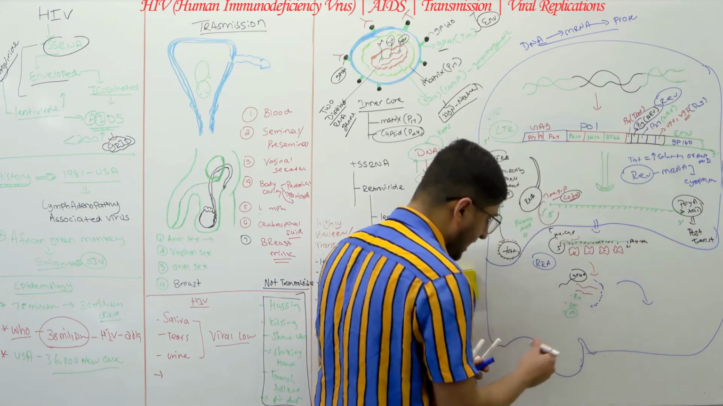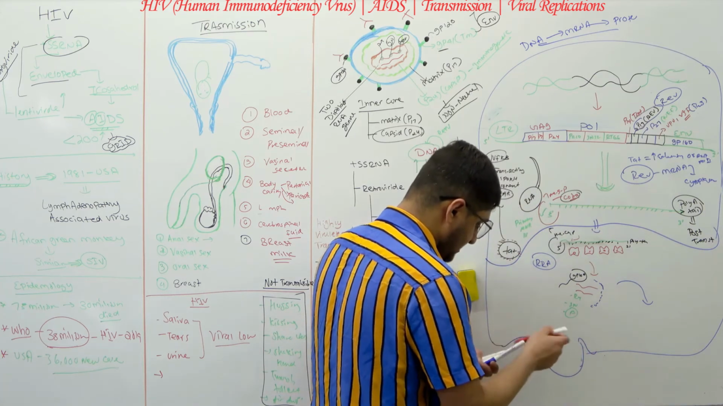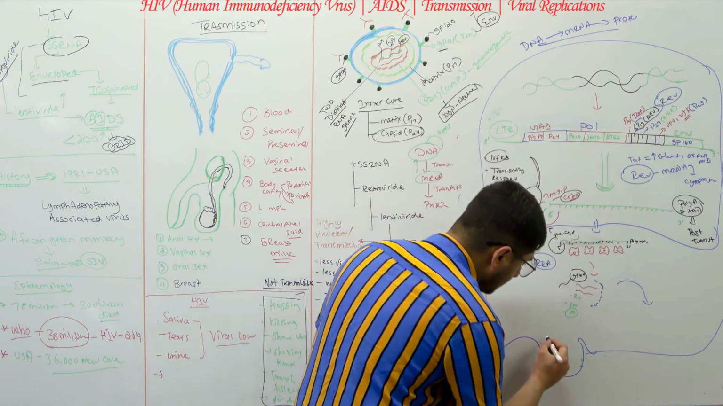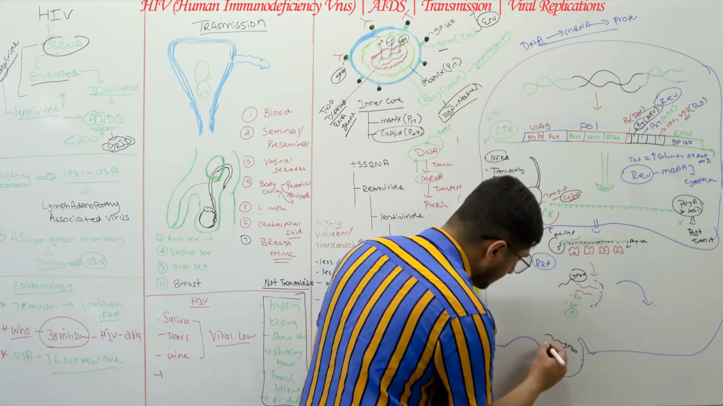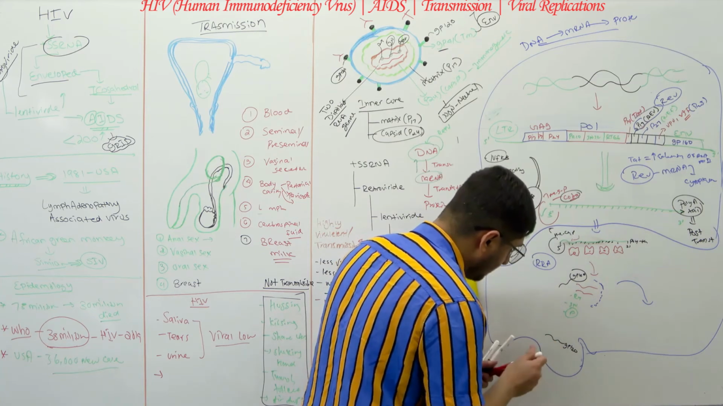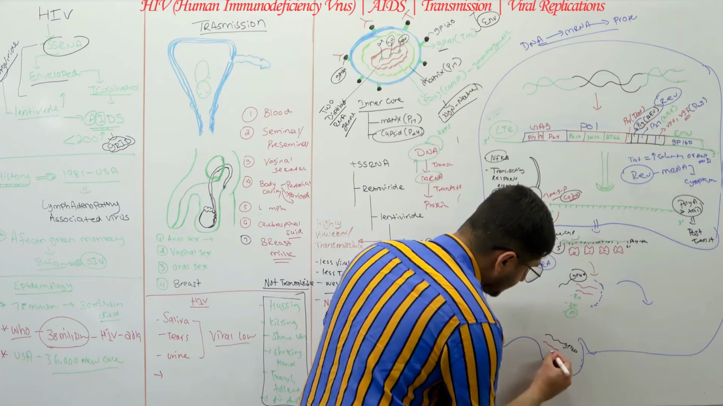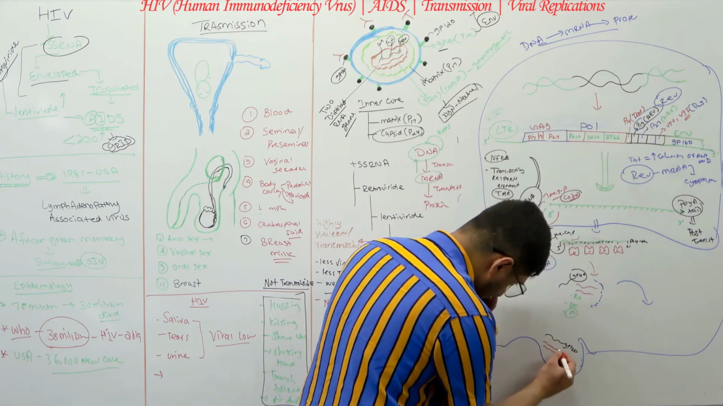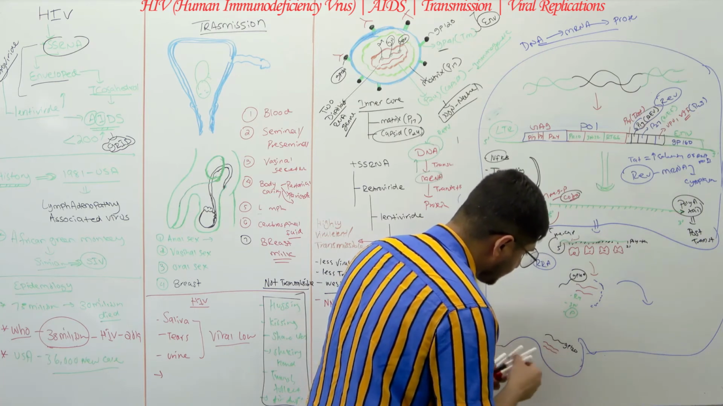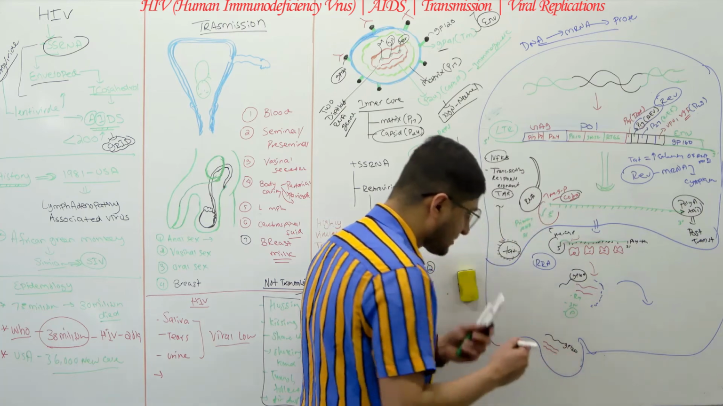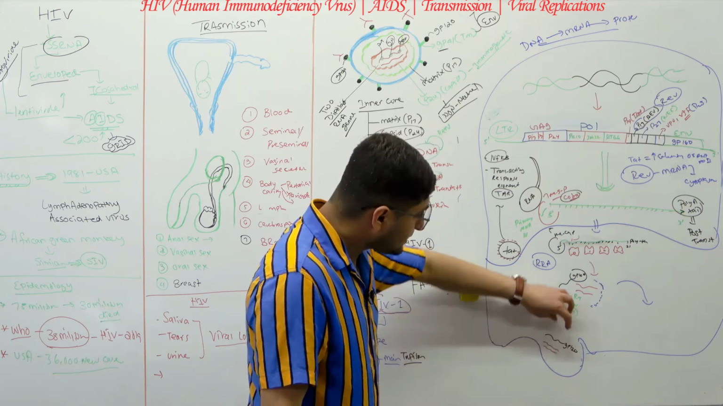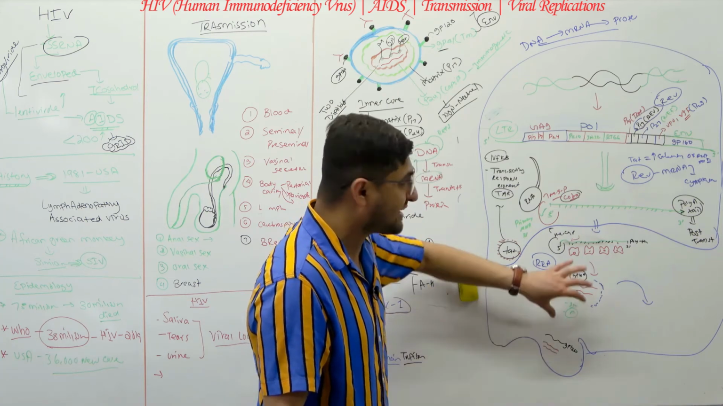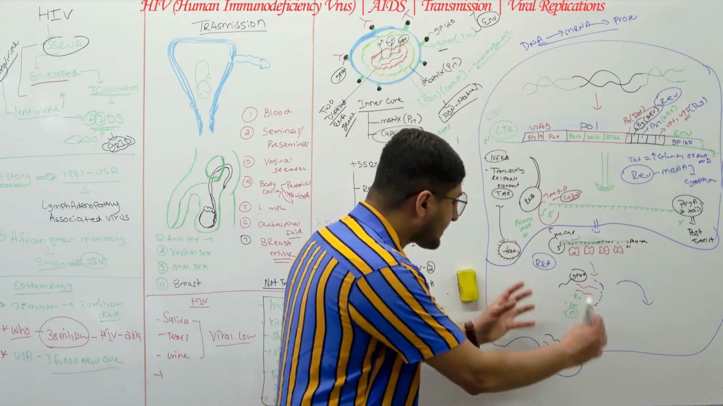Look, whenever you have, let's just say this is a glycoprotein, there's also this reverse transcriptase enzyme. All of these enzymes are there, and all the TAT proteins and all of them are there. So what happens is that when these are getting assembled right here, basically when they're coming together,